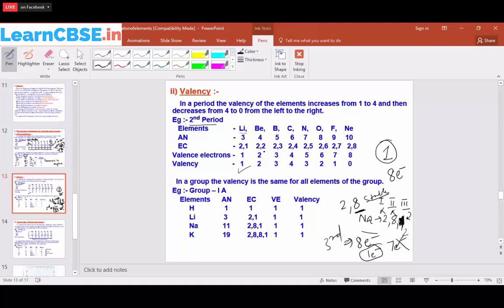Here it has 2 electrons in the outermost shell. The choice is whether it has to lose the 2 electrons or gain 6 electrons. The possibility is losing the 2 electrons, so the valency is 2. Now the 3: here it is losing 3 electrons or gaining 5 electrons. Again, 3 is easier compared to 5. So that is why